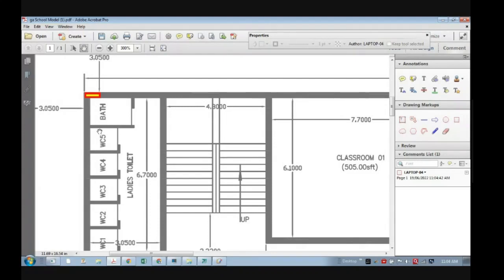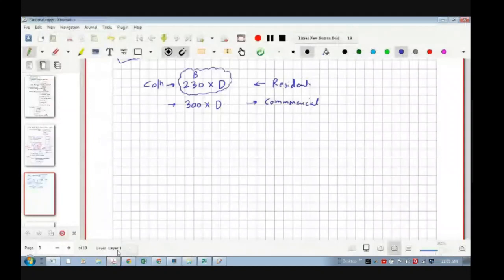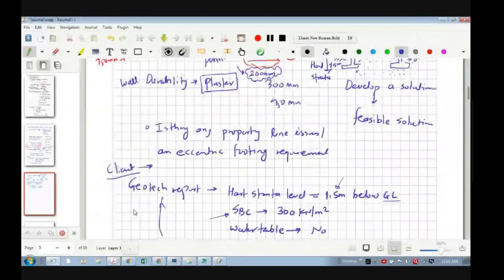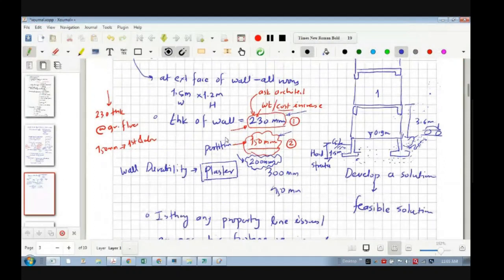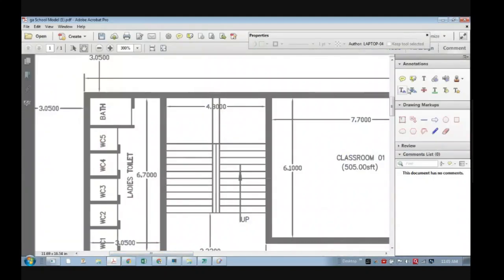Now let's say the architect has suggested, we had a meeting with the architect, client and structural engineer. Finally they took a decision that you should have a wall thickness of 150 mm, because our cost is increasing. The client is saying our cost is going too high, so what are we doing now? We are taking a 150 mm wall, for better cost. Now the column will come out. Now suppose this is a 150 wall, so if I draw a column,